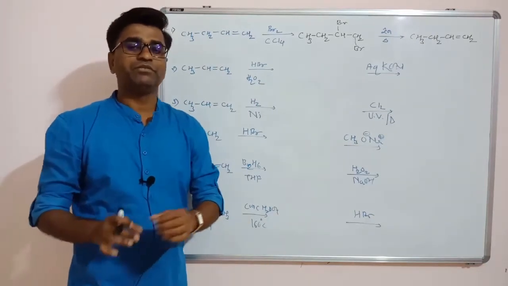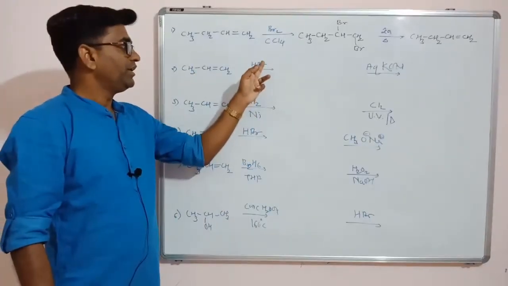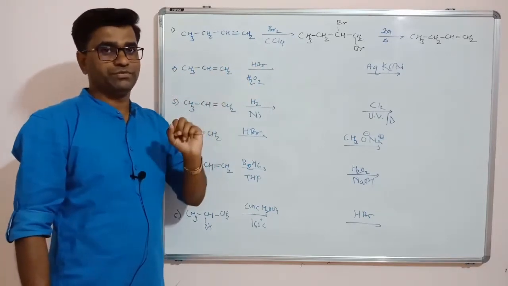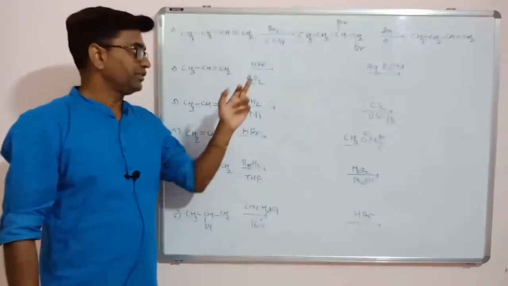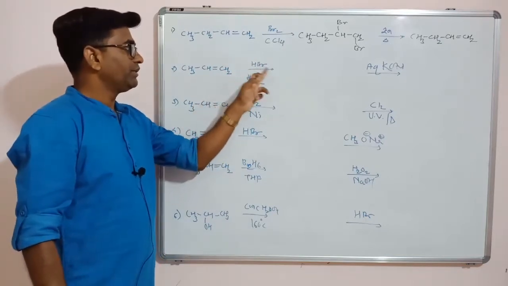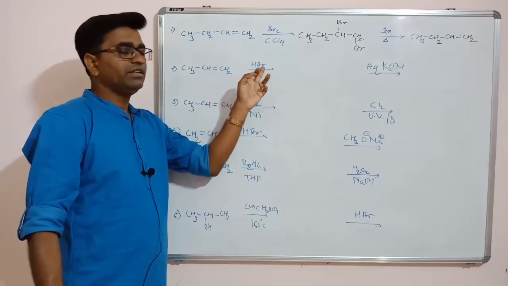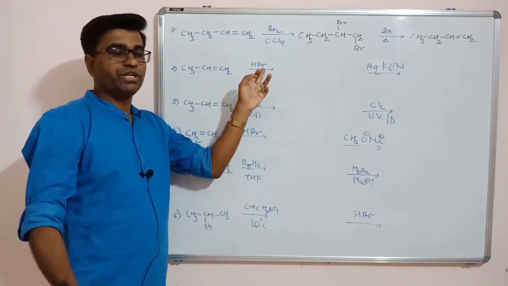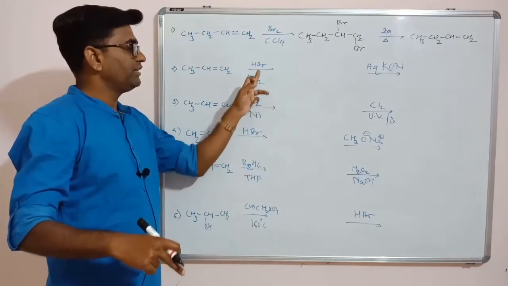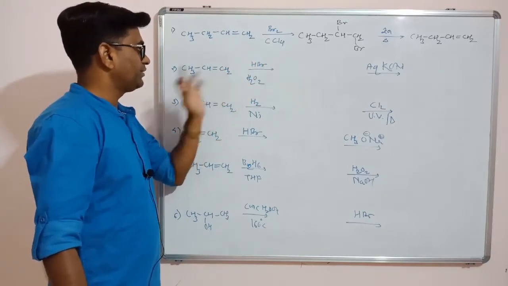So in the peroxide effect, what will happen? The negative part of the reagent goes to the carbon atom which has more number of hydrogen atoms. So you should know the rule also. Reagents plus rule. This is anti-Markovnikov's rule addition, the peroxide effect. HBr is a polar molecule, as we know H is an electropositive atom while Br is an electronegative atom because Br is more electronegative than hydrogen. So in an addition reaction in presence of peroxide, the negative part of the reagent goes to the carbon atom which has more number of hydrogen atoms.